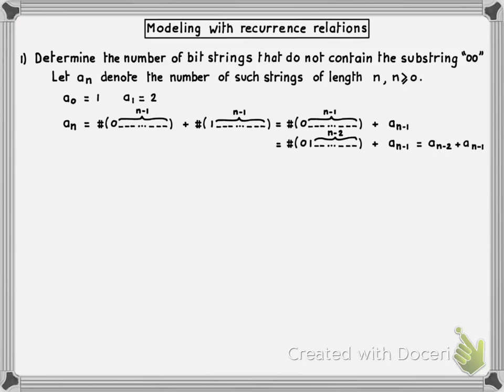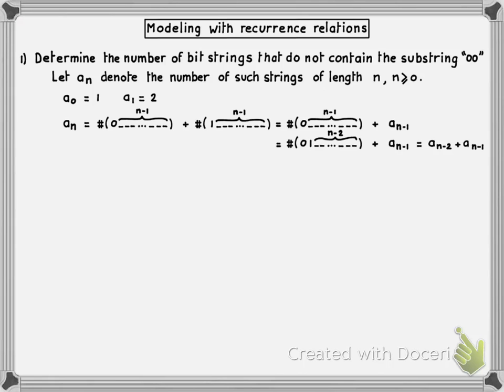Remember, here we can apply the reasoning that we applied for this term because we have a 1 just preceding the substring. So there is no way this 1 could become part of a 00 pattern even if you add just a single 0 in the front here. So this term is equal to a sub n minus 2, and let's not forget to add the a sub n minus 1, and now we have a final answer, a final recurrence relation for this number. And that recurrence relation is a sub n equals a sub n minus 2 plus a sub n minus 1,